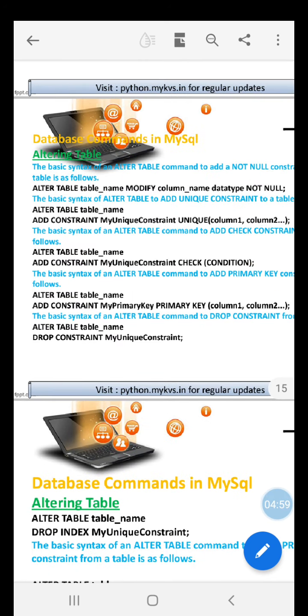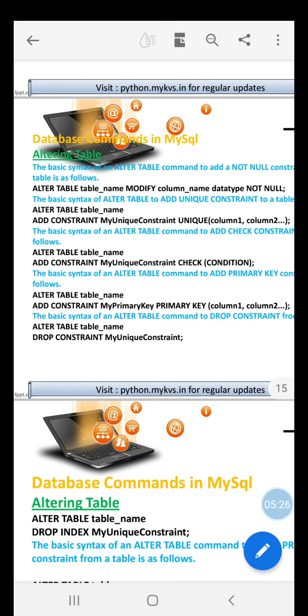For this, we must write the example like alter table student, add constraint my unique constraint. It means here you can write any user defined name, including the unique clause, and within parentheses you must enclose all the columns which you want to accept unique values.